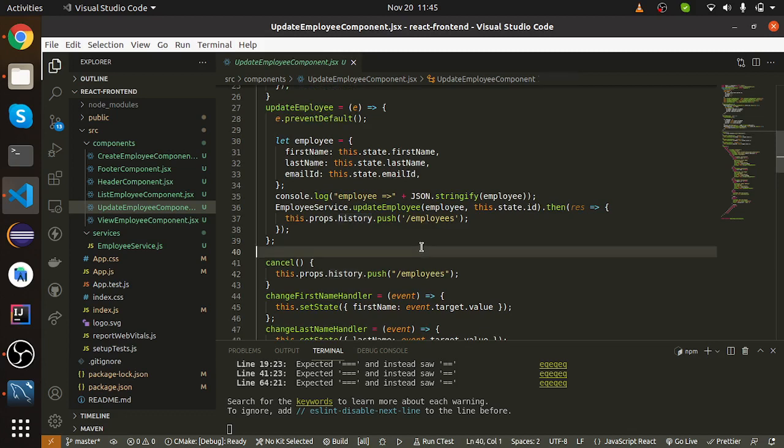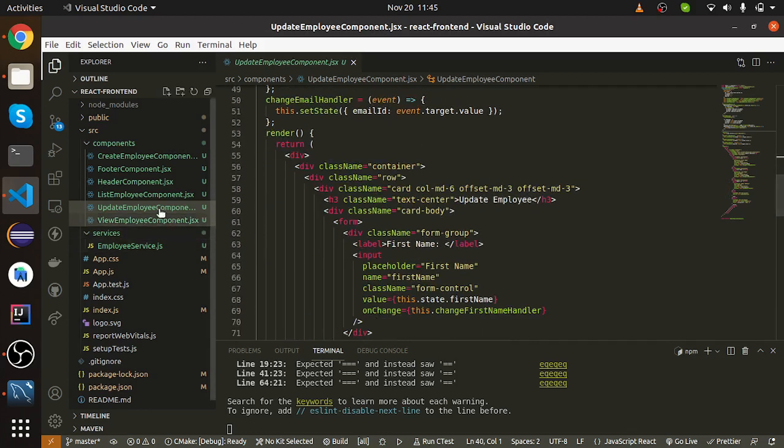At first the URL is written as localhost 8080/employees and the id of the employee we are updating. But if we click on cancel, it gets rid of this id and returns to the list we had previously before clicking on the update button. And this console.log is just to debug our app, to check whether it is working fine and returning the correct output or not.